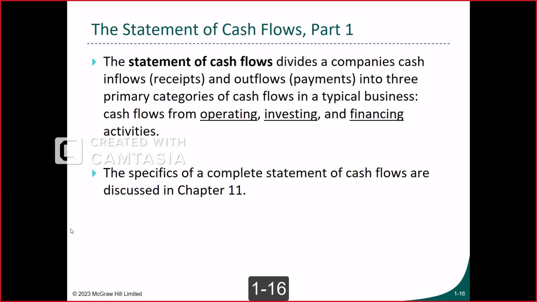And then cash inflows and outflows related to investing activities. When you buy new land or a new building, or you sell equipment, that is investing activities. And also the cash inflows and outflows related to financial activities, when you get a new loan, or you pay back an existing loan, or you increase your contributed capital, you issue new shares. That is kind of financial activity.